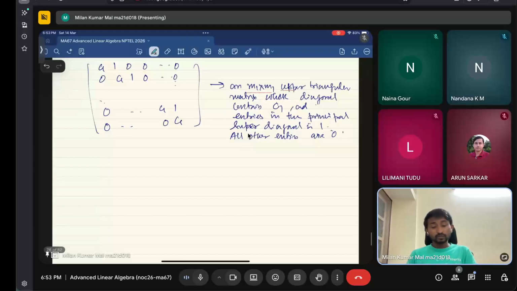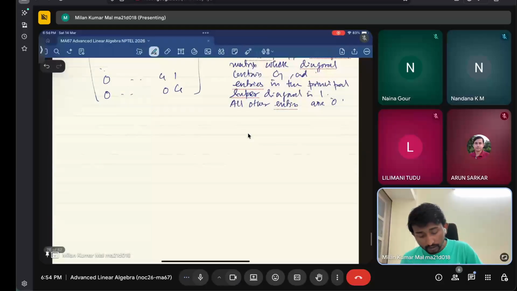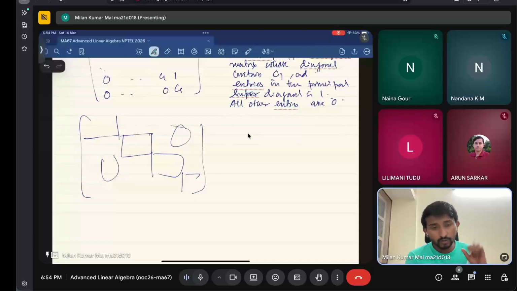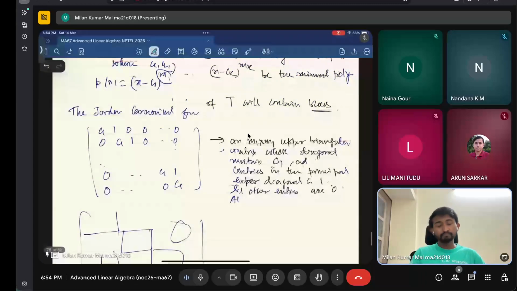So the Jordan canonical form of the matrix will be something like this: this is a block, this is a block, this is a block, and all other entries are 0. That means the diagonal will consist of blocks. But what are the blocks? If the characteristic polynomial and the minimal polynomial look like this, then